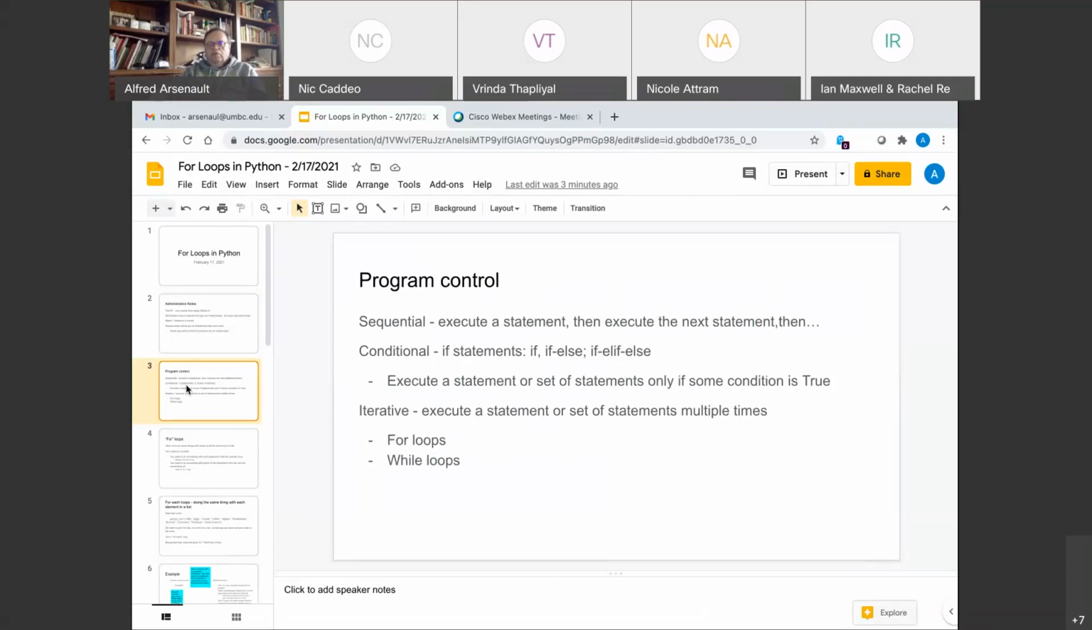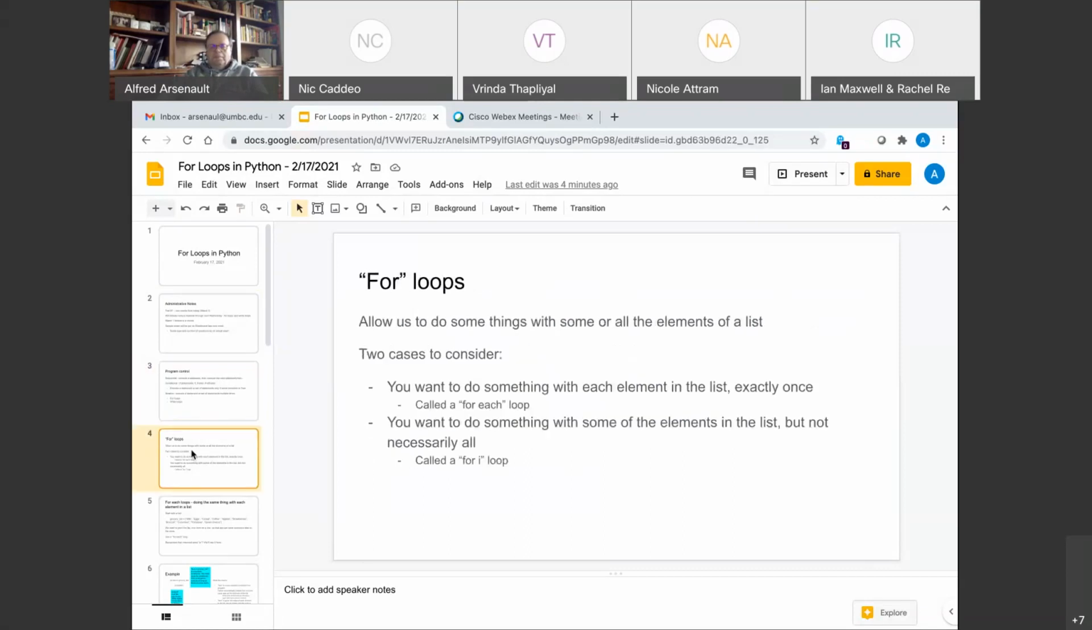Iterative control is you execute a statement or a set of statements multiple times, over and over. The two ways that Python has to do iterative program control are called for loops and while loops. Today's lecture is for loops. Next Monday we'll continue, and by next Wednesday we'll have finished everything. So this is iterative program control. Okay, for loops allow us to take